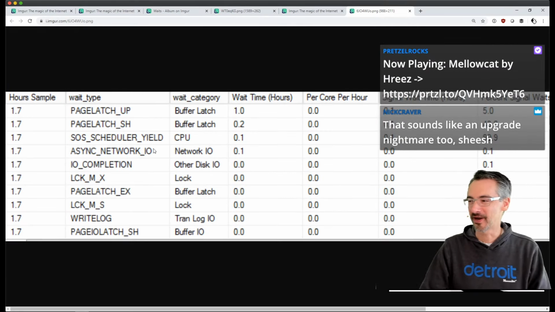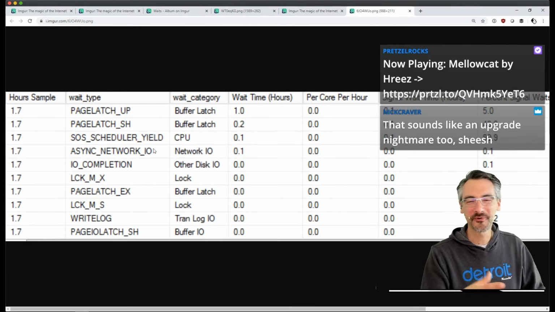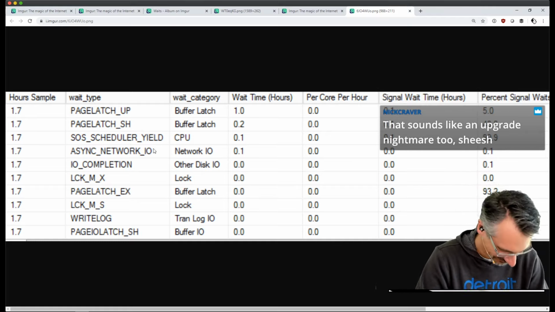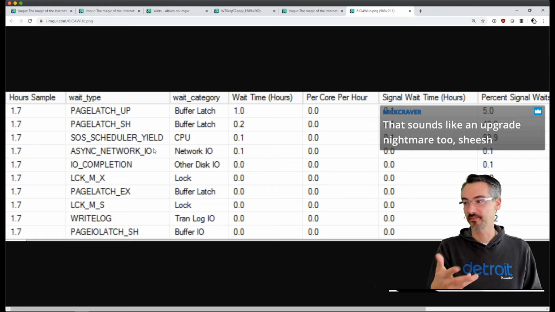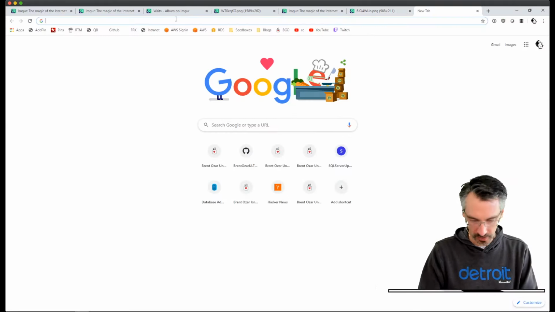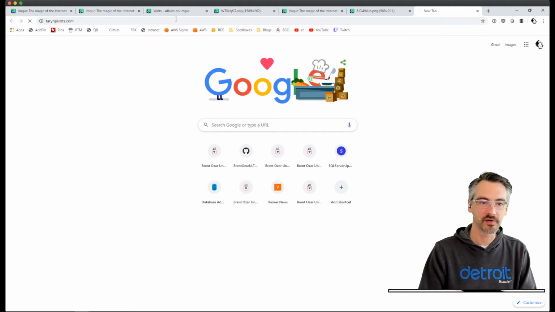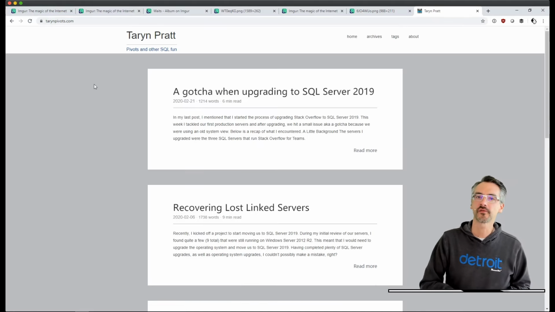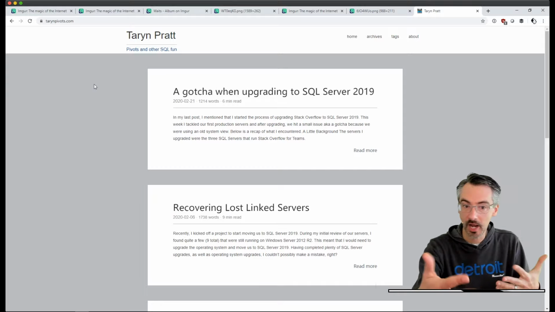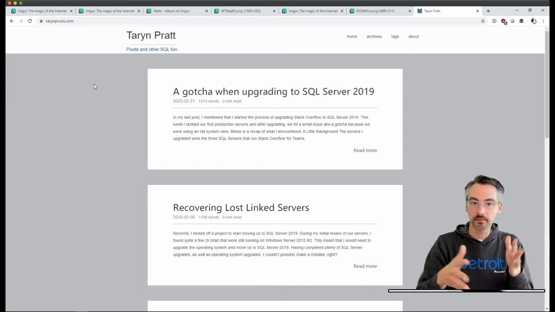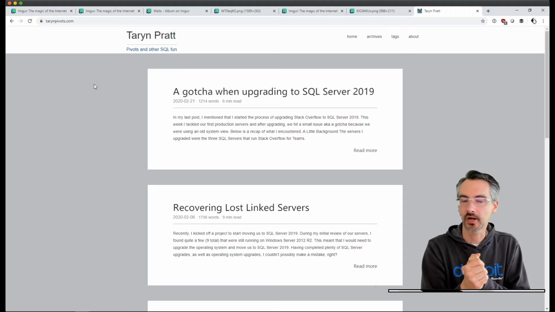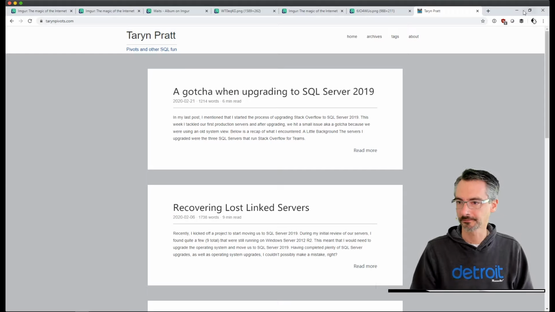Sounds like an upgrade nightmare. When you have a hammer, everything's a nail. When you're Stack Overflow, everything's an upgrade problem. Y'all have the same, distributed availability groups. Woo! And a brief shout out to Taryn, the DBA over at Stack Overflow. Taryn blogs over at TarynPivots.com, and she shares their upgrade problems publicly so that y'all can see the kinds of challenges that a big site like Stack Overflow runs into. It's really fun to watch.